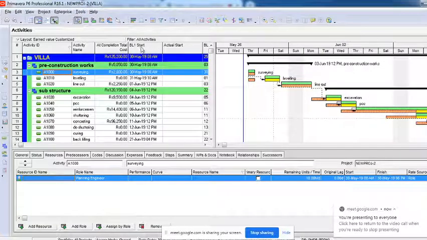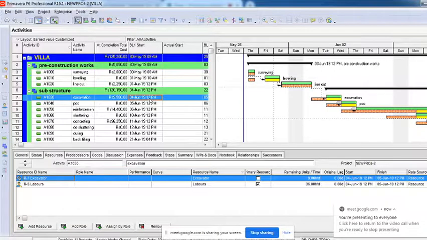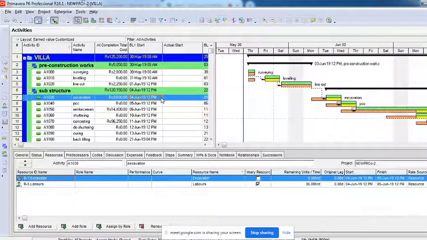When I click BL start 1, why does it take only dates? Can I type a number? Can I type alphabets there? The answer is no, because this field is already predefined to be a calendar. The moment I pop down this, what I get is a calendar. I cannot do anything else apart from dates.